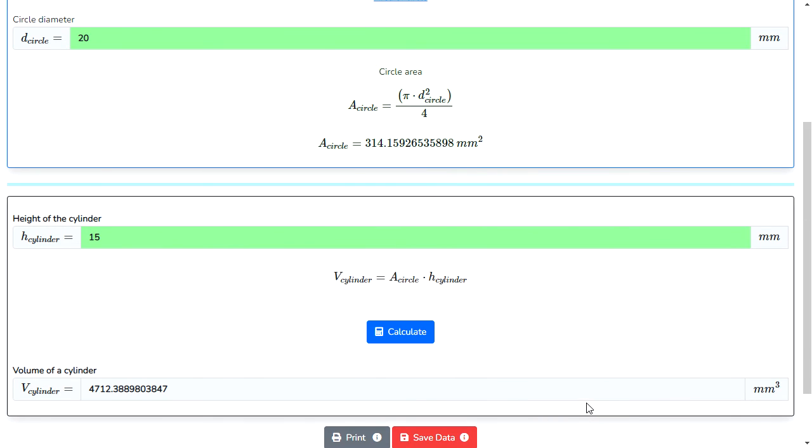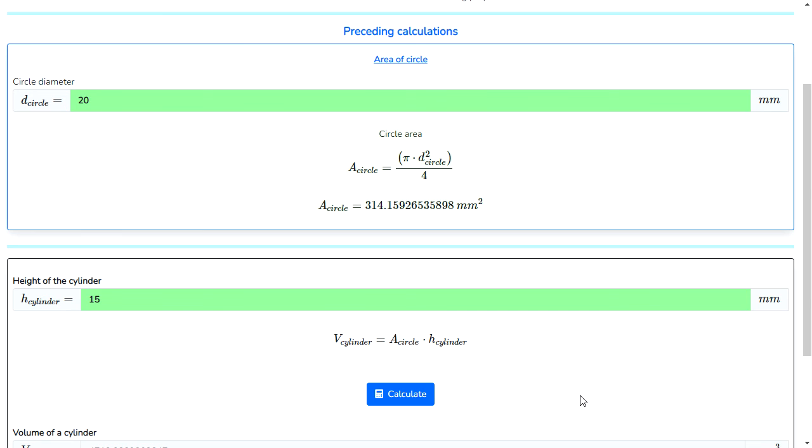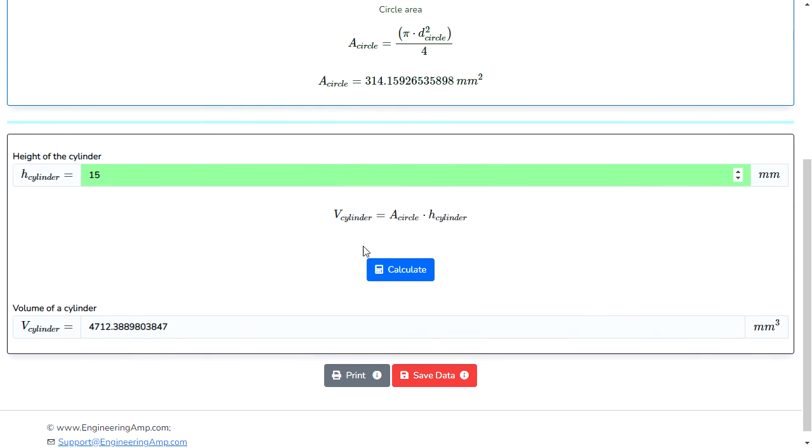If any of those preceding calculations are executed later, on their own or as part of other calculations, their values may change. Therefore, if you want to keep a record of the calculation, it is recommended to print it. To print this page, press the